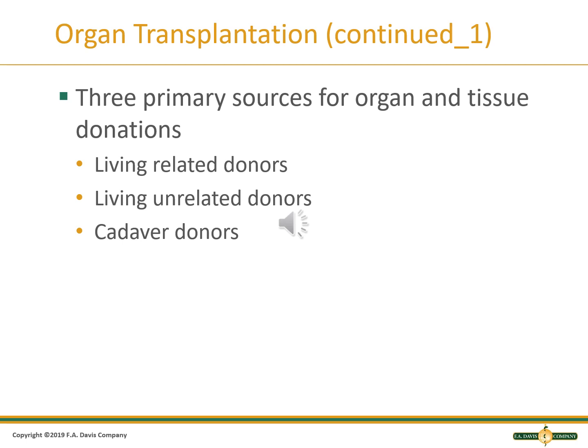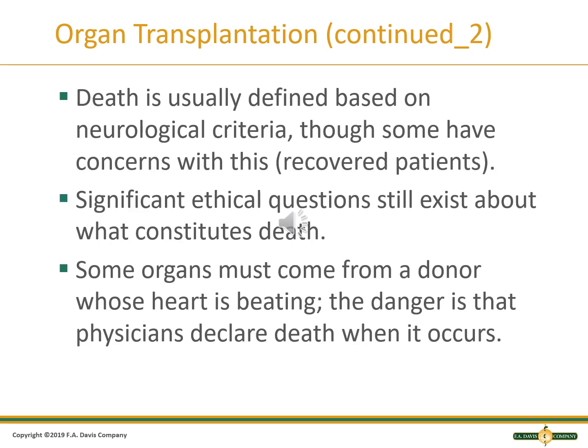So the three main sources of where you obtain organ and tissue donations: a living related donor, so someone that's living that's related to you; a living unrelated donor, so someone that's living that's not related to you; or a cadaver, which is a deceased individual. So several issues can arise with organ donation. For example,